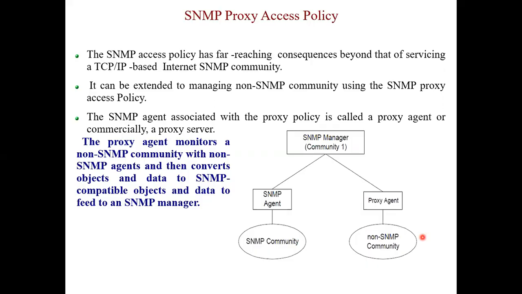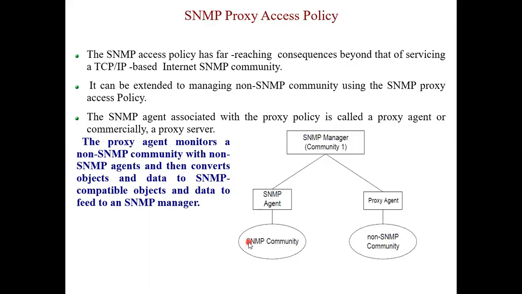I cannot simply replace all the network components that are present in my network. So what I will do is have a proxy agent. This proxy agent will monitor a non-SNMP community with a non-SNMP agent, and then it will convert the object and data into an SNMP compatible object and data to feed to the SNMP manager. Now, how this data will be changed, we will see later. Suppose I have over here version 1, I have over here version 2.